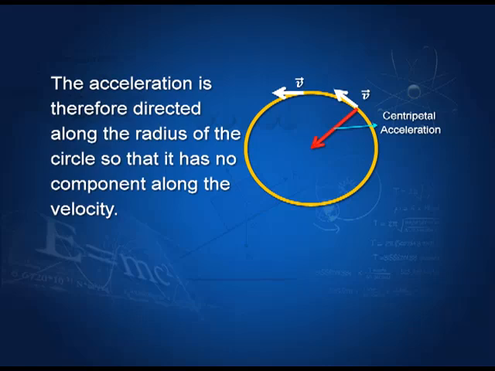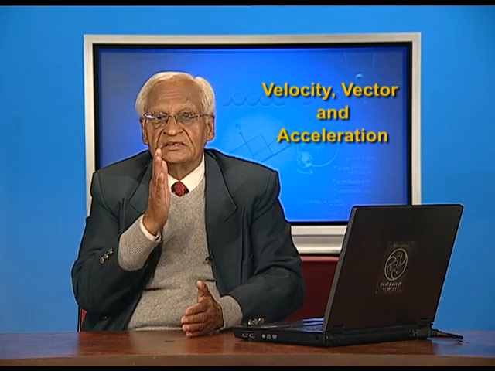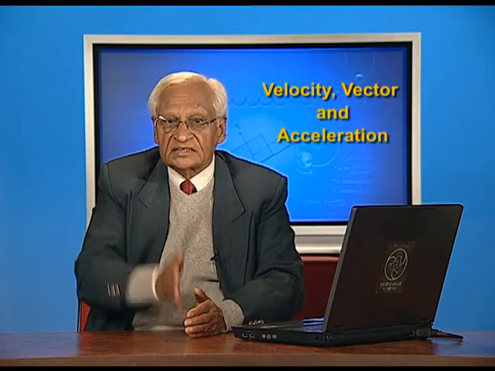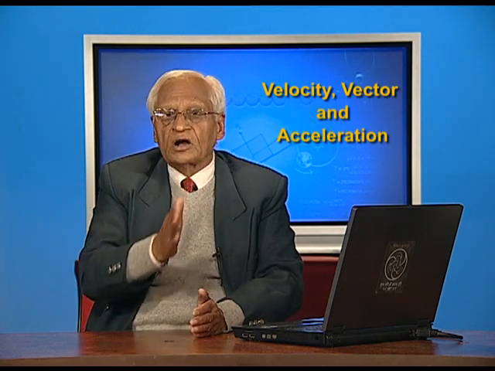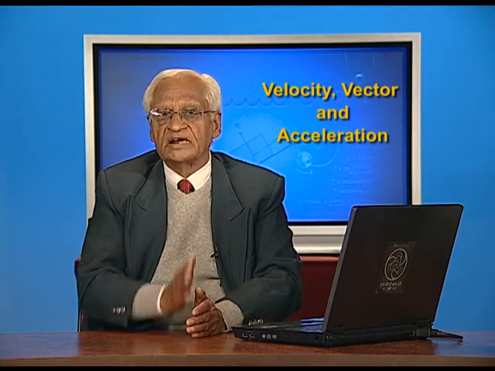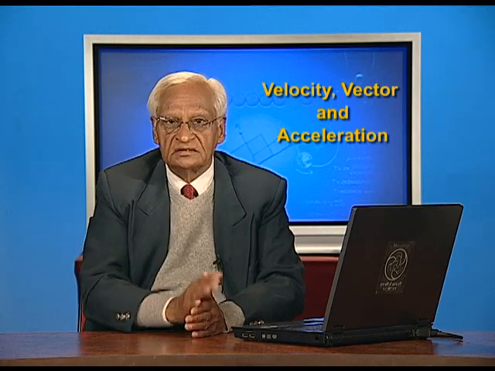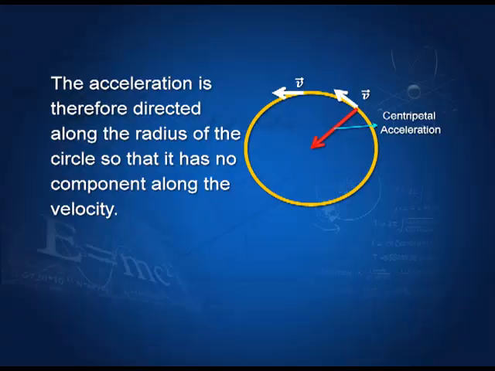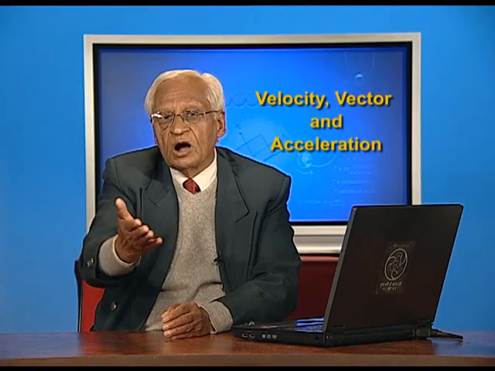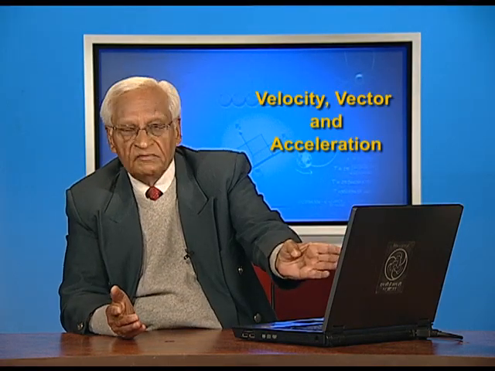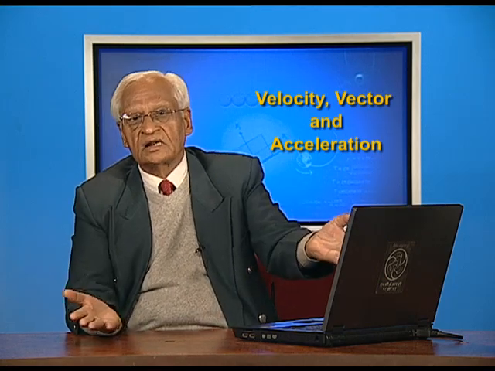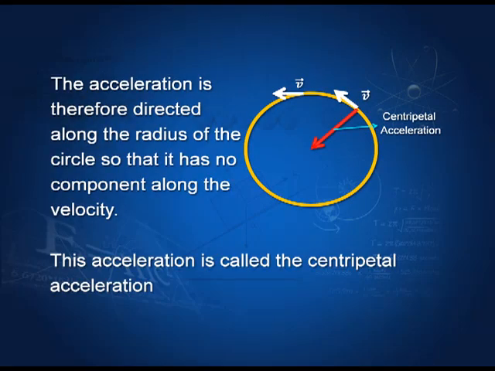Because the velocity magnitude is not changing, that means the acceleration must be in such a direction that it has no component along v, so that the magnitude of v remains constant. And what can this direction be? This direction can be radial. Radial acceleration has no component along v at any point on the circle, and therefore, this acceleration called centripetal acceleration